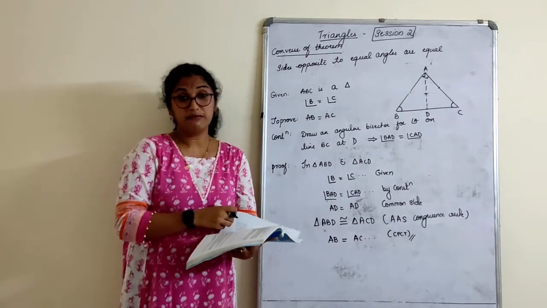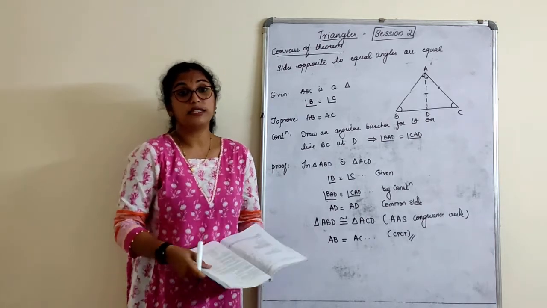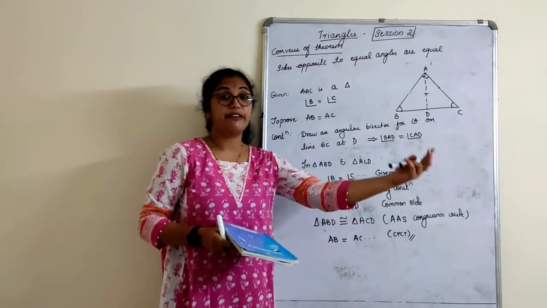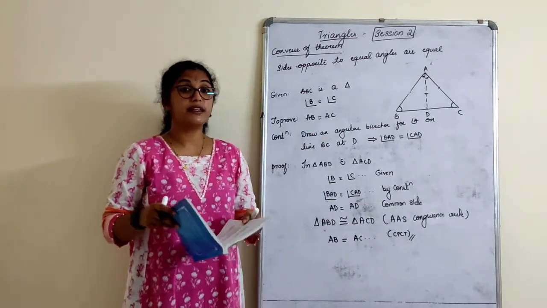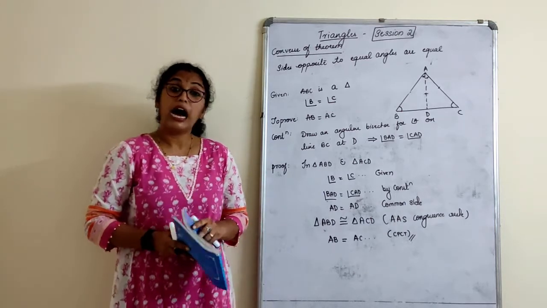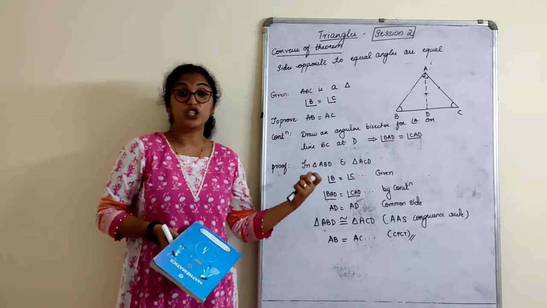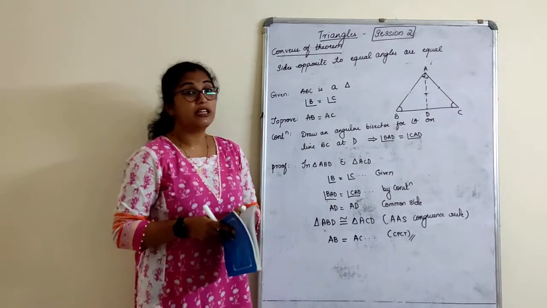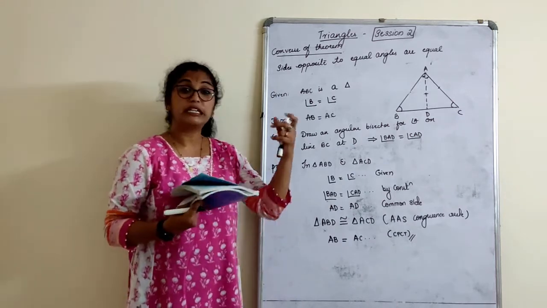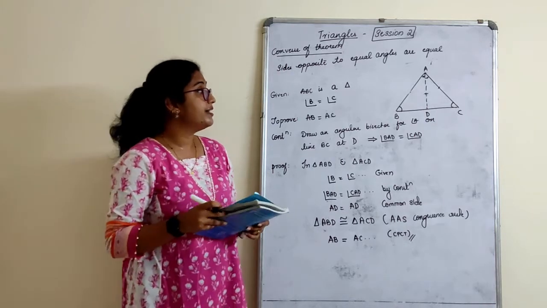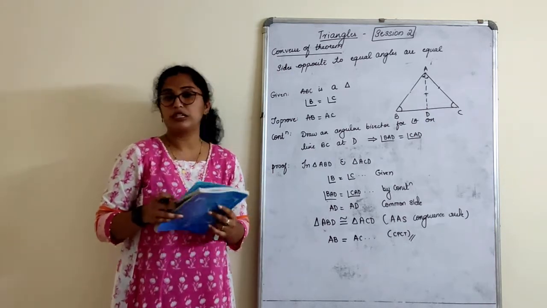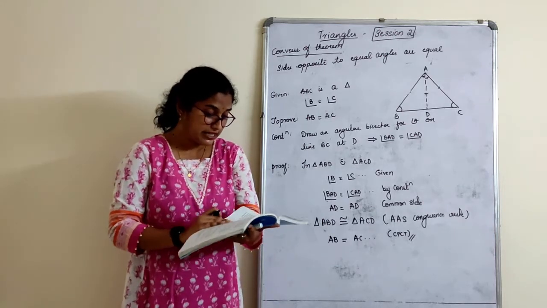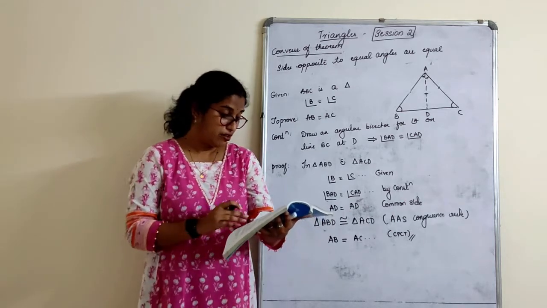So actually the theorem is after the exercise, but usually what I do is, as we have done in the previous chapter also, we first solved the theorem, understood it, and then we went for the numericals or writers, right? Similarly here what we have done is we completed the theorems. RHS theorem, children, you don't study here. RHS theorem you study in your 10th standard. A very important theorem, what you can say there. So actually not exactly as RHS, you study there in the form of Pythagoras theorem, where same thing about 90 degree only you study, not exactly RHS. So RHS is only stated in your book. Let's see, we can also take that as one of the writer and we can also prove that.